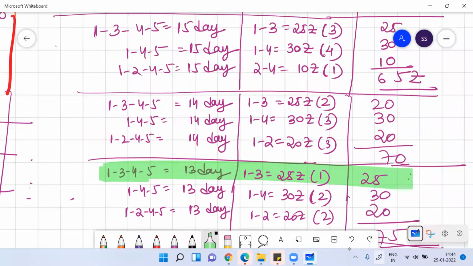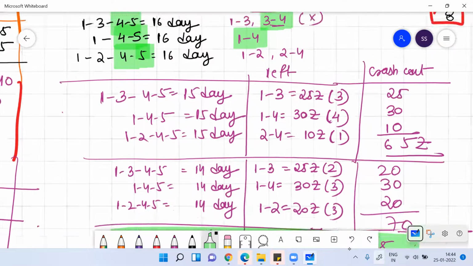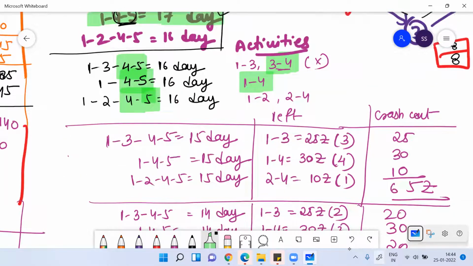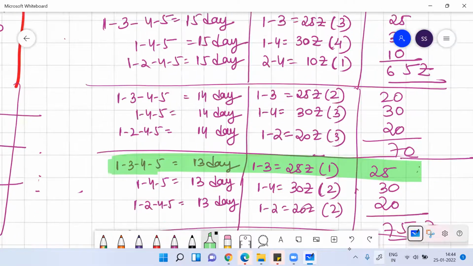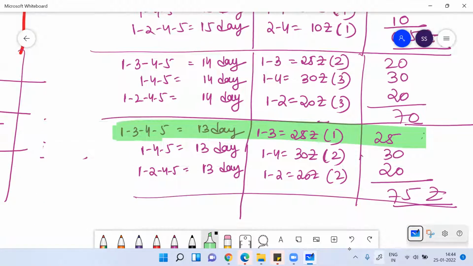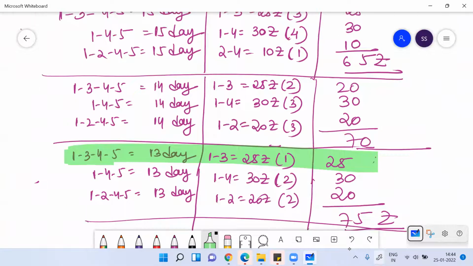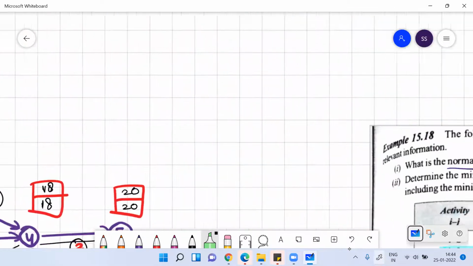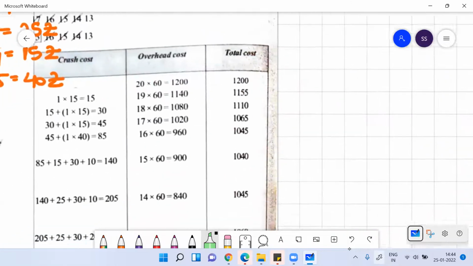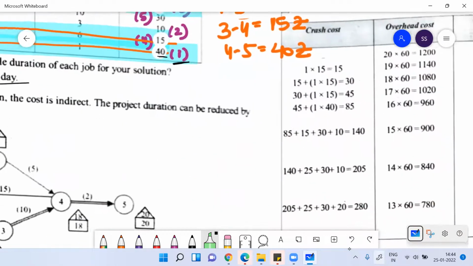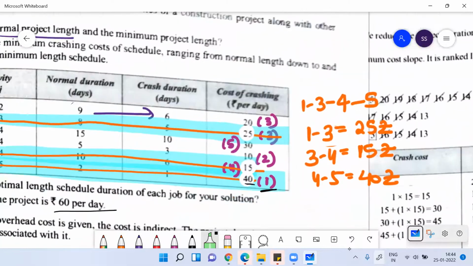3 to 4 also got exhausted. Okay, 3 to 4 already got over. Now this 1 to 3 also got over. Now you can see this 1 to 3 also got over. If you notice here the cost flow,